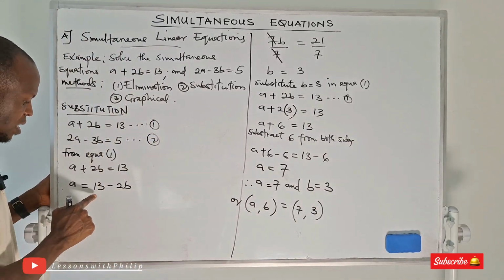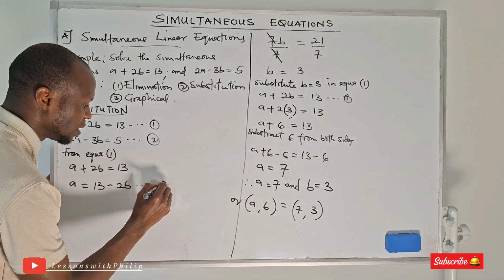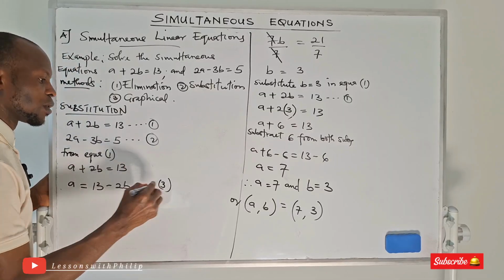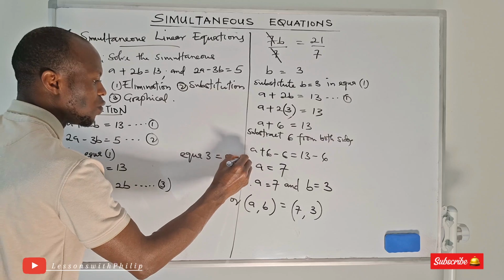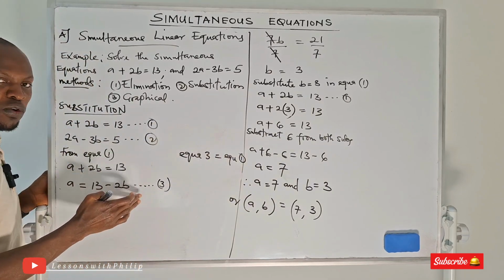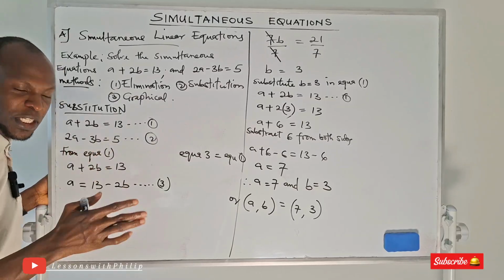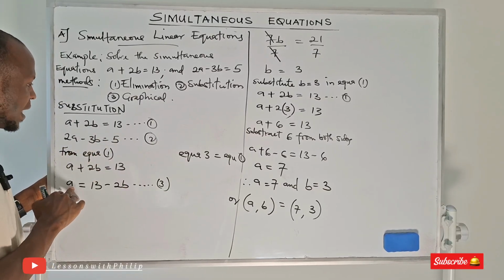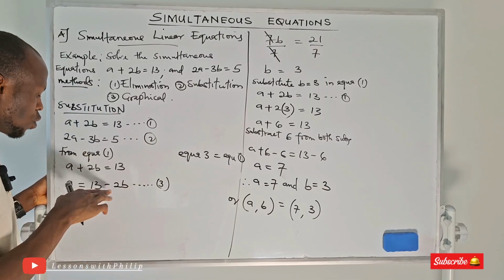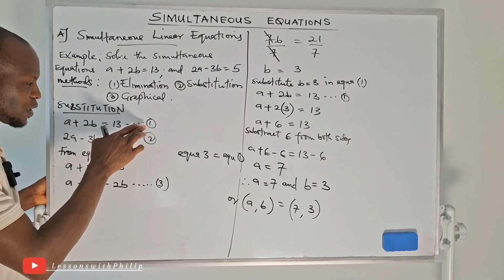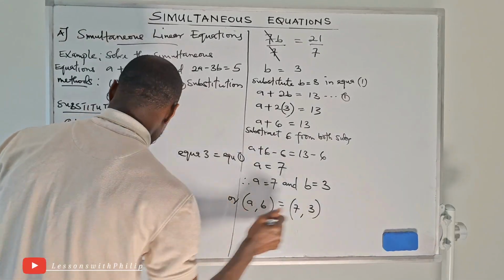So now my a equals 13 minus 2b. You can make this equation 3. Don't forget that your equation 3 is the same thing as your equation 1. It is your equation 1 that you converted to equation 3. Both of them are the same. So now the principle is, whenever you see a in your second equation, which is equation 2, you put the values. Don't go and put a in equation 1, because equation 1 and equation 3 are the same. So you now substitute